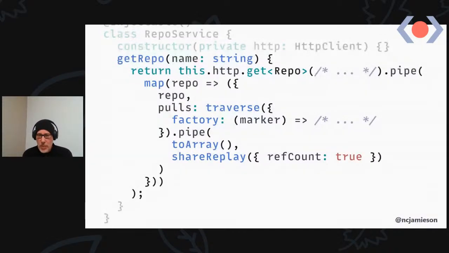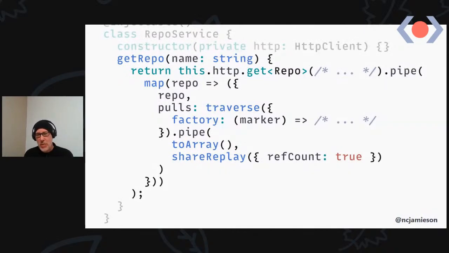Because multiple components in our component tree are going to be accessing the pulls, we want to share those pulls. So the pulls are basically obtained using Traverse, then converting it to an array. And to share it, we'll use shareReplay and refCount.